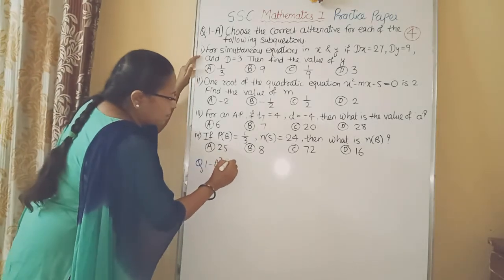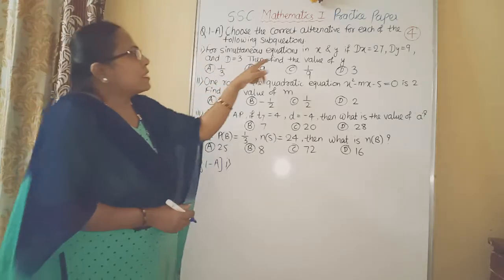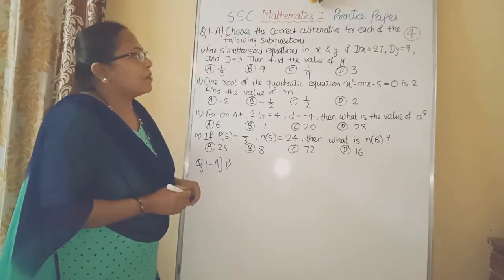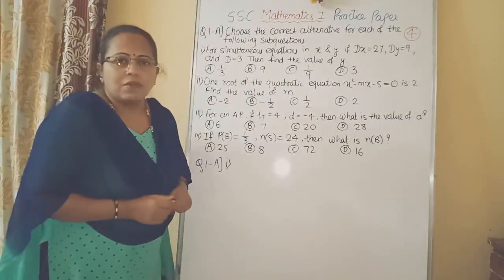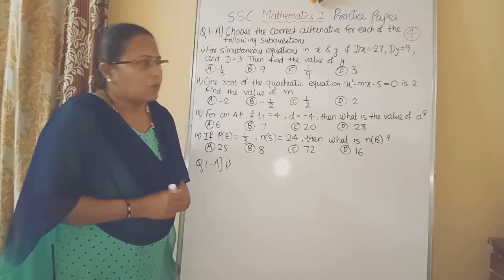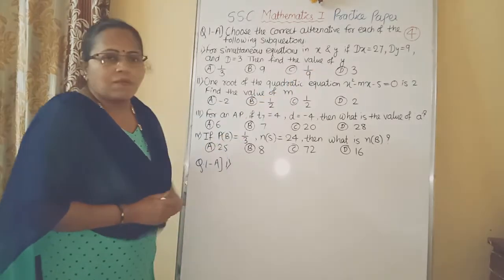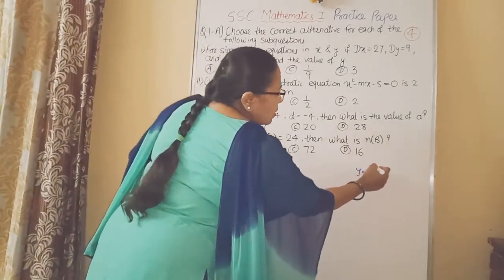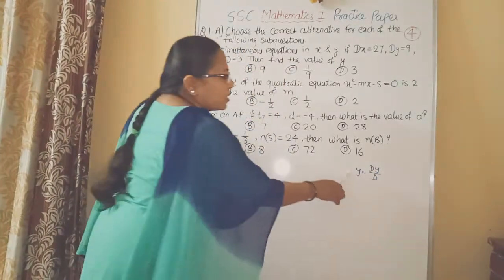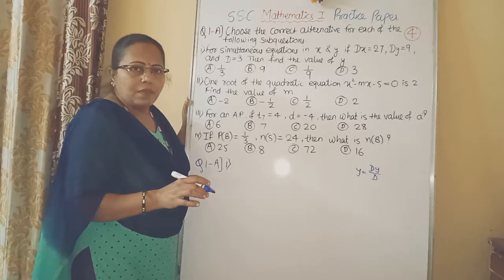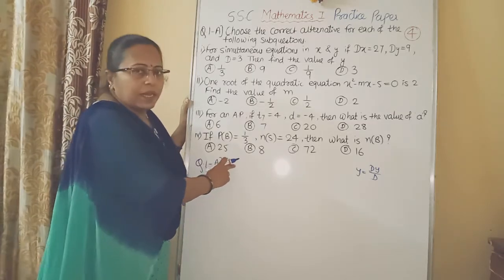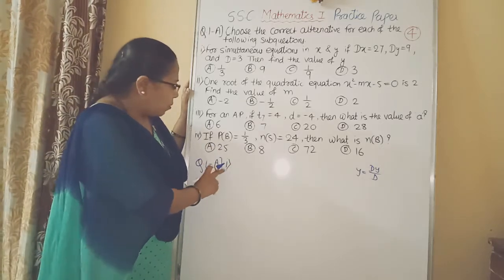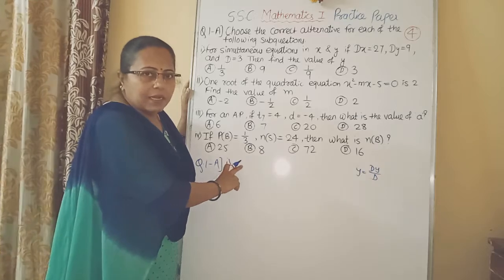So first, here the equations are in x and y variables, and the values of determinant Dx, determinant Dy and determinant D are given. So here we have to apply Cramer's rule. We have to find the value of y. So according to Cramer's rule, y is equal to Dy upon D. See student, this part we have to do roughly. Here we have to write only the correct option number, no need to simplify it, no need to write the solution, only the sub question number and correct alternative number.